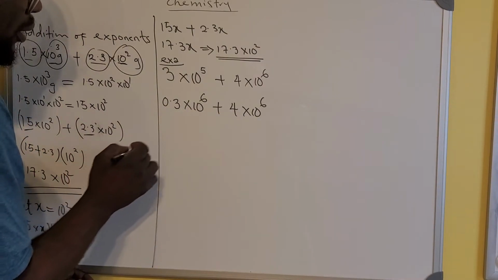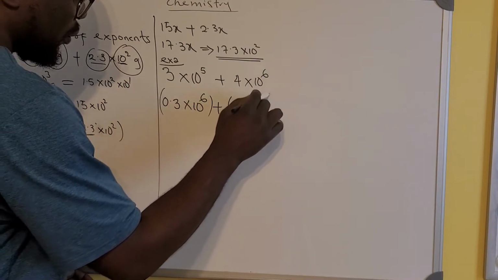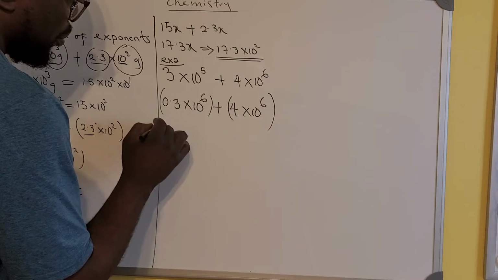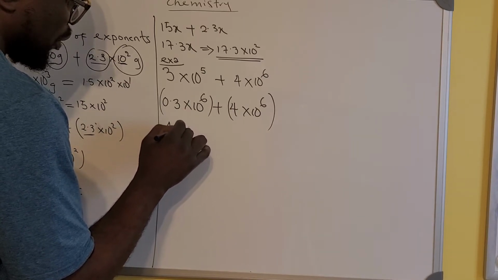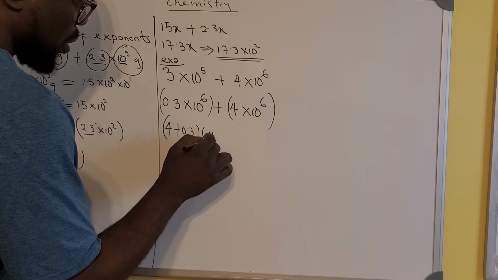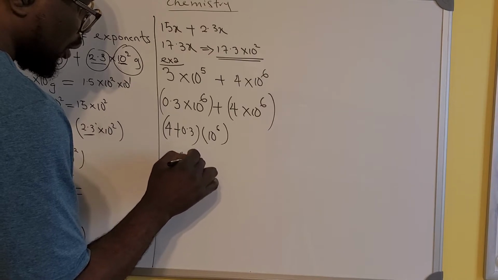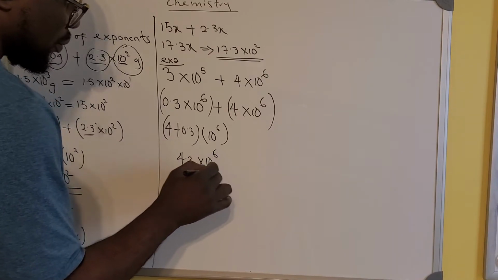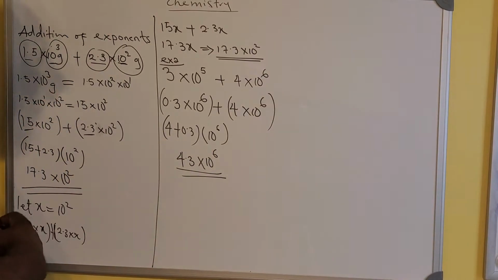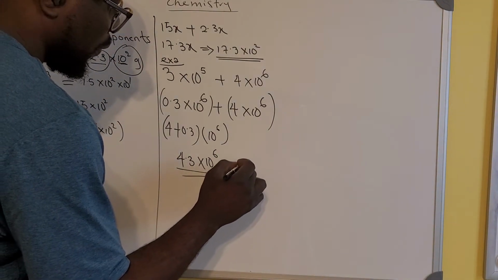If I do that, now I can bracket this off, and then say 4 plus 0.3, and just pick one of the exponent, 10 raised to the power 6. So my answer is going to be 4.3 times 10 raised to the power 6. That is my answer. And I can further convert this one to 10 raised to the power 5, and that will give me 4.3